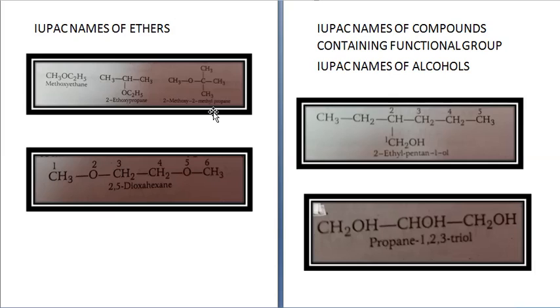So 2-methoxy-2-methylpropane. All right, 1, 2, 3, this is the largest carbon chain, the parent carbon chain. So this is propane. To the second carbon is attached a methyl group, and the second carbon is also attached to O and CH3. So 2-methoxy for the side chain, 2-methylpropane. All right, so the side chain is methyl. So it was 2-methoxypropane, but on the second carbon there is also a methyl group. So 2-methoxy-2-methylpropane.